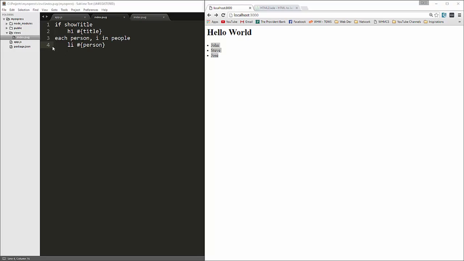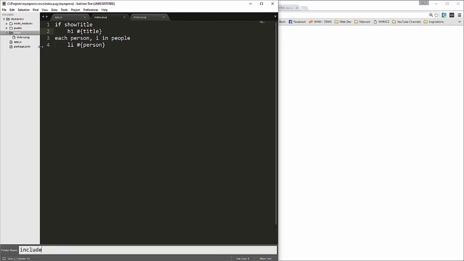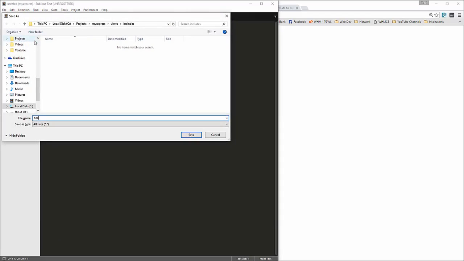Alright, so that's Pug. One more thing I want to show you is that we can have includes as well. Usually your head info, your head and title and stuff like that, you don't want to put on every single view. So what we could do is create a folder called includes, and let's say a new file, and we'll save this as head.pug,